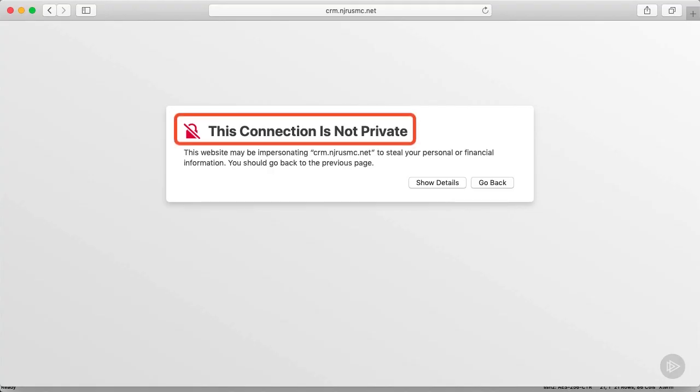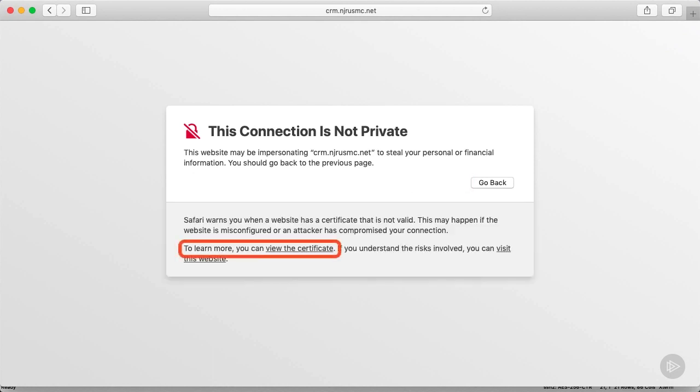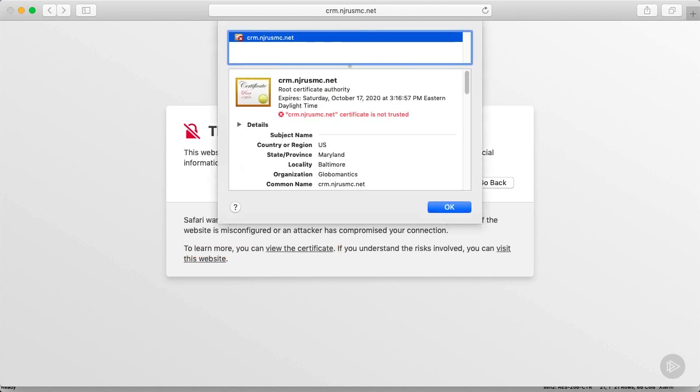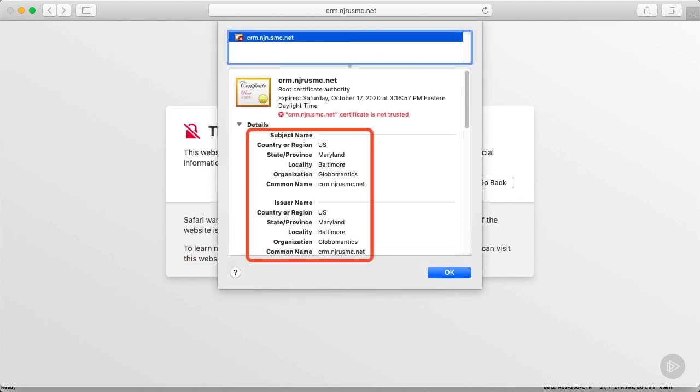Given our untrusted self-signed cert, most browsers will warn you that the connection is suspicious. Let's examine the details. From here, let's view the certificate so we can manually inspect it. Here are all the details we specified in our OpenSSL command, and even though our browser doesn't trust it, I feel confident that we are at least talking to the correct server.